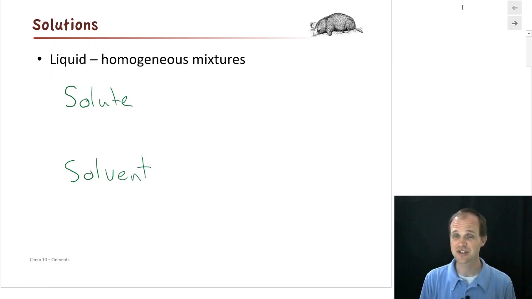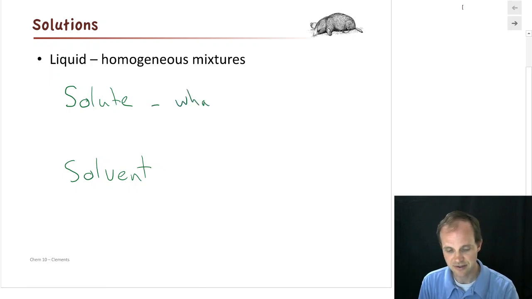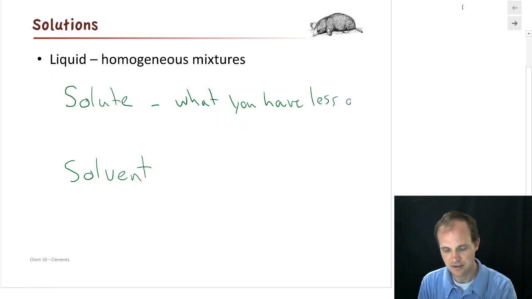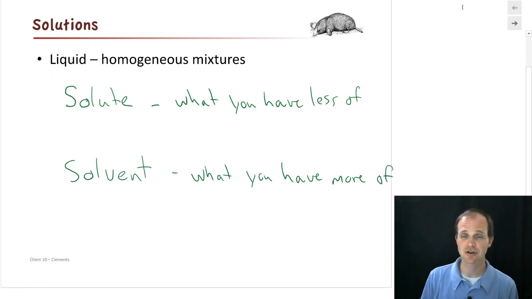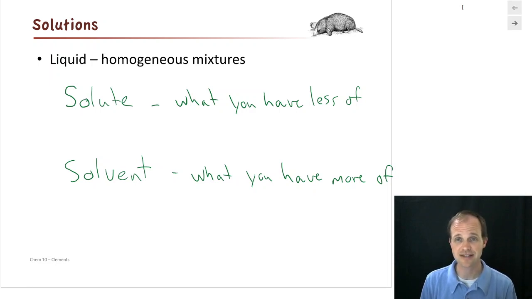Now, these definitions turn out to be very easy for what they are. The solute is what you have less of. And the solvent then becomes what you have more of. Very simple definition. So if I take sugar and I dissolve it in water, I generally have more water than sugar, unless it's Starbucks, at which point it might be more sugar than water. But in a case where it's less sugar than water, we have sugar is the solute and water is the